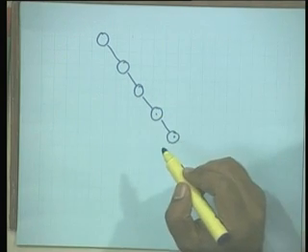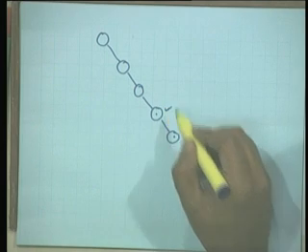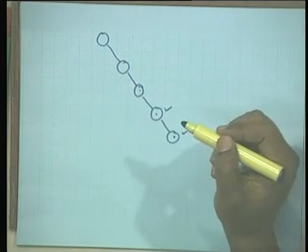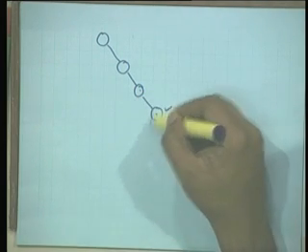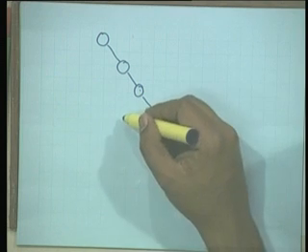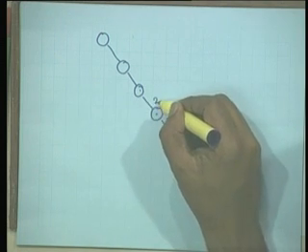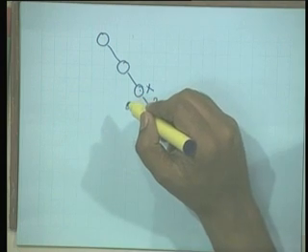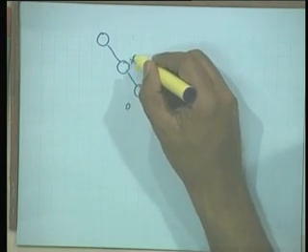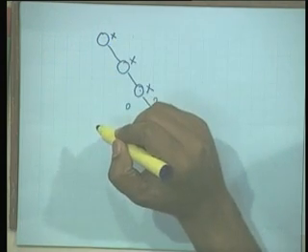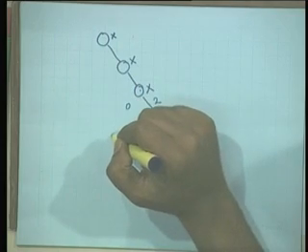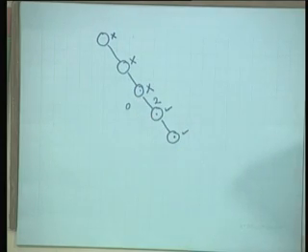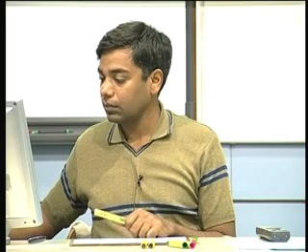Is this node height balanced? This is also height balanced. Is this node height balanced? No, because the right subtree has height 2 and the left subtree has height 0. So the height balance property is violated here. It's also violated here and it's also violated here. So we will never have such kind of trees as AVL trees. Okay, good.